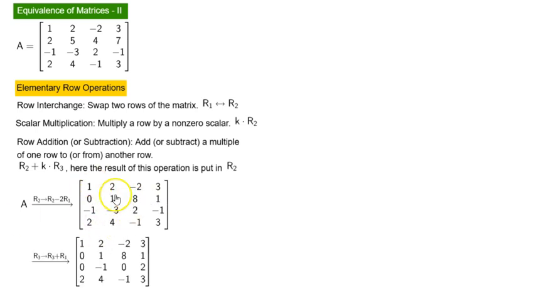Now take this result and carry out the next operation. We replace R3 with R3 plus R1. So R3 is minus 1 plus R1 is 1. So minus 1 plus 1 is 0. Similarly, minus 3 plus 2 is minus 1. 2 minus 2 is 0. Minus 1 plus 3 is 2. Like that, we